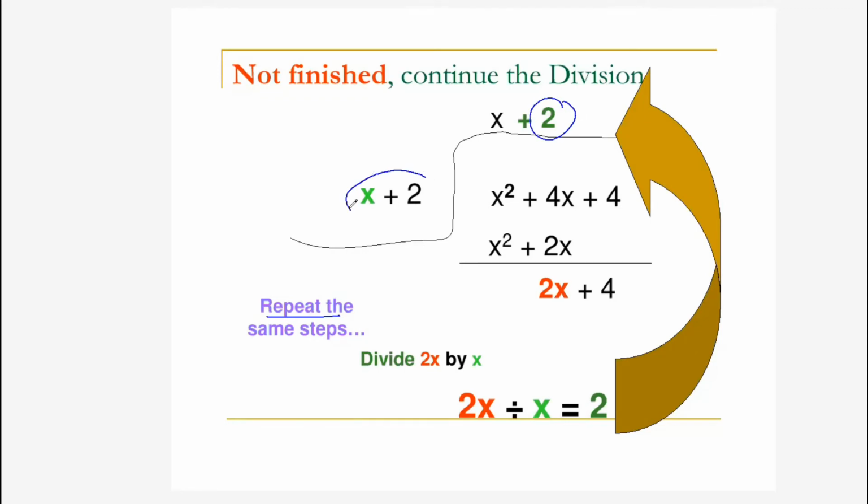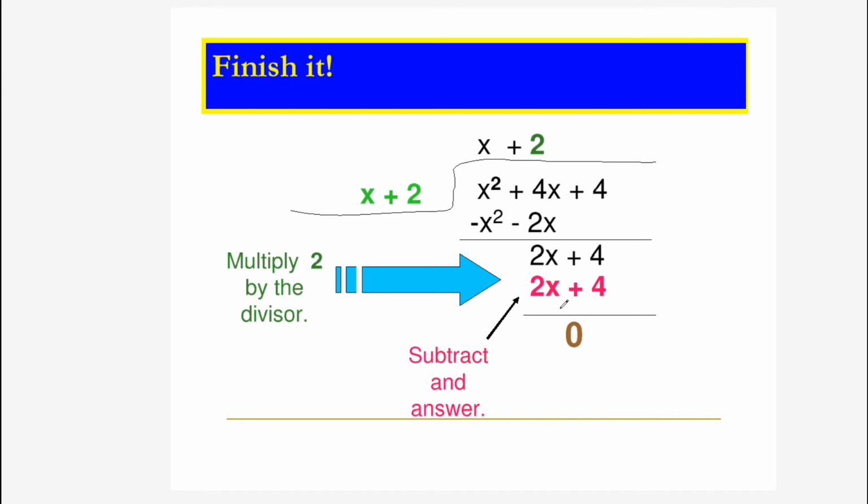Now multiply the 2 and the divisor, which you very well know. 2 times x, 2x. 2 twos are 4. That should be written under this dividend. Let me show that on the next page. See, 2x plus 4, it's been written in pink color. Now, subtract and write the answer. So, we already multiplied the 2 by the divisor. Now, change the signs as it is subtraction. 2x minus 2x gets cancelled, 4 minus 4 gets cancelled, 0. So, this is the remainder after dividing.